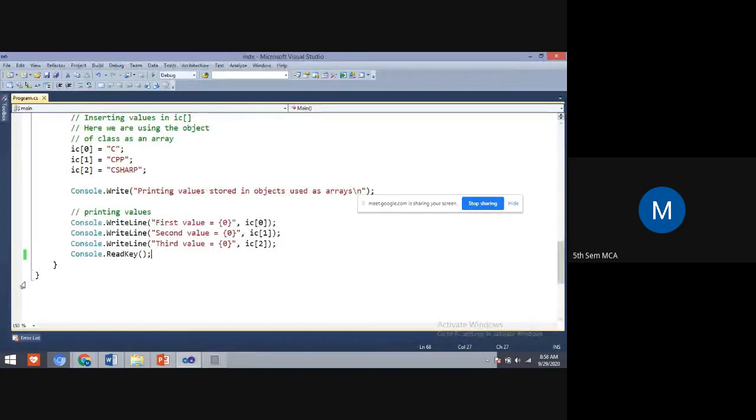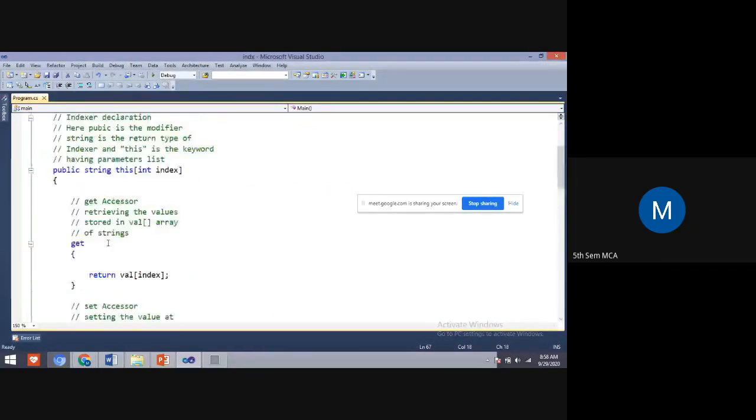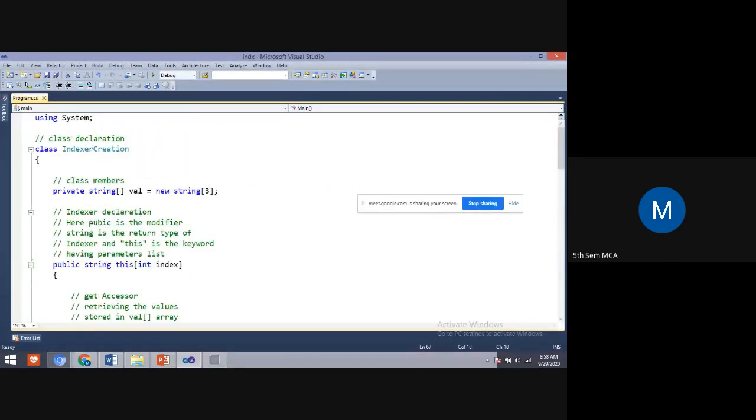So see here, students, this is the indexer program, and for this indexer program, this is the declaration of a variable. The variable is a string variable. What type of declaration is it, students? A dynamic array, correct?